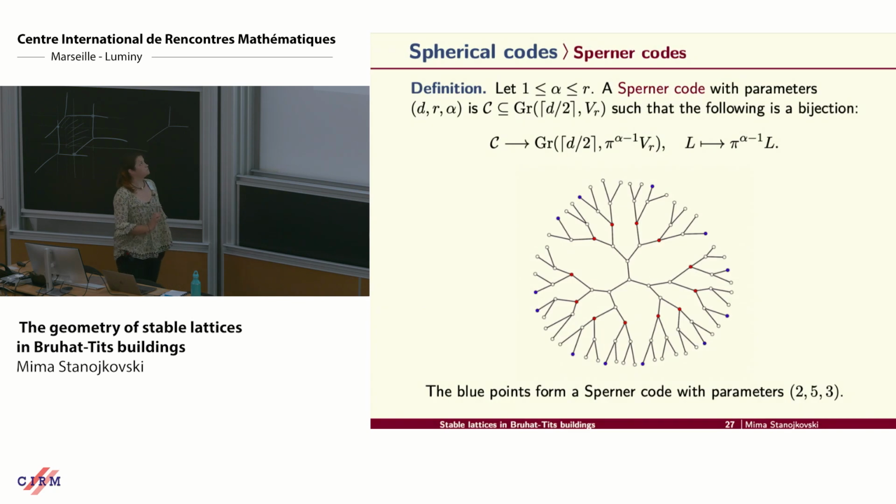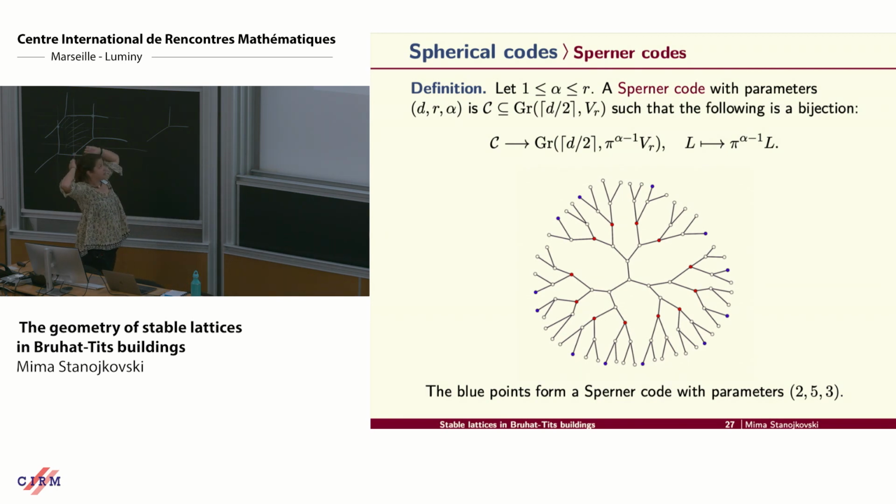Well, we can do the following. We can prescribe a distance, and my distances will be even. So my distance will always look like 2 alpha. And what we can do, we can fix parameters d, r, alpha. So r is our radius, d is where our ball lives, so the dimension, and alpha is half of the